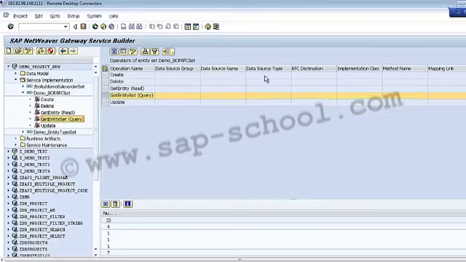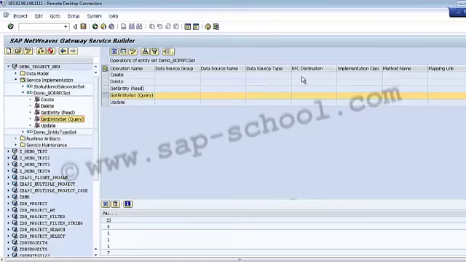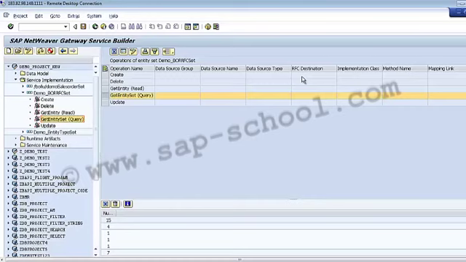So it will display the name of the data source type that we select for the mapping. So it can be a RFC or it can be a BOR. Then we have the RFC destination. So it will display the RFC destination as specified in the mapping. When we choose the local data source, the field is not available for editing. So it is only available for the remote data sources.